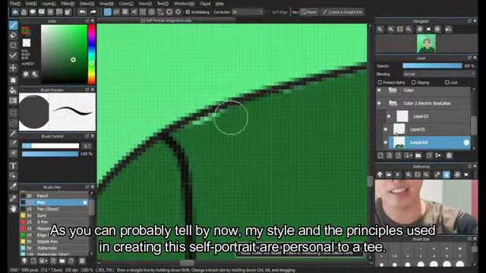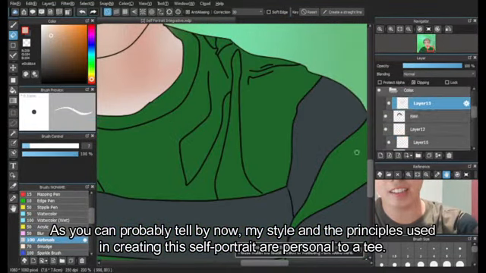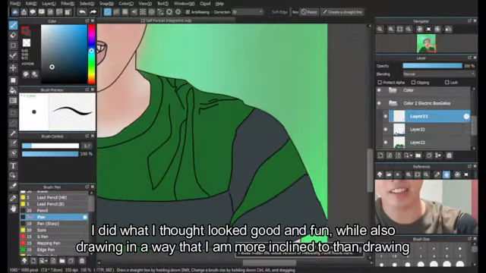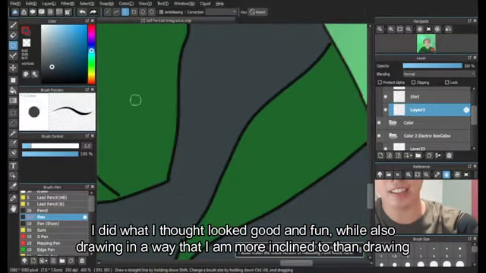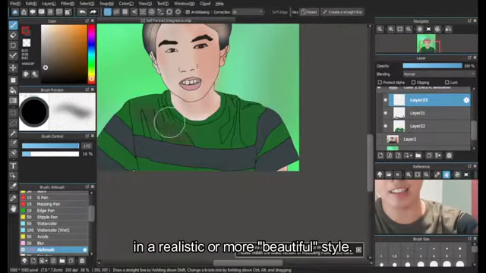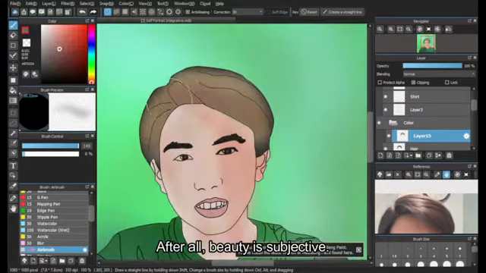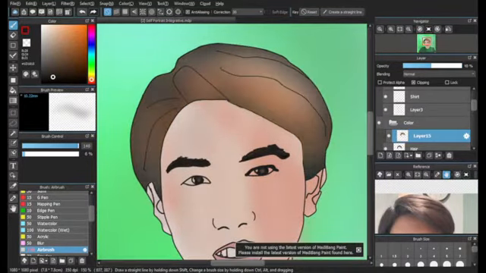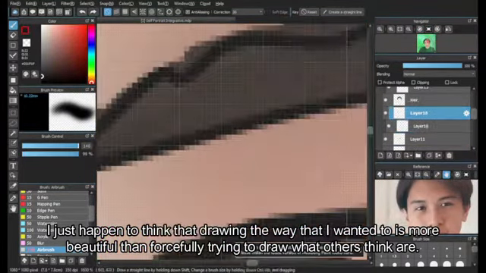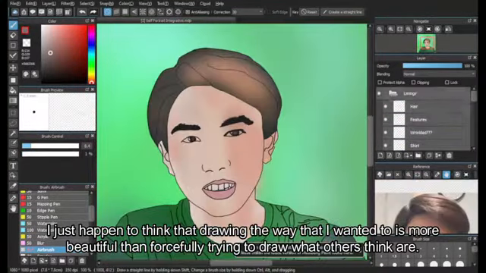As you can probably tell by now, my style and the principles used in creating this self-portrait are personal to a T. I did what I thought looked good and fun, while also drawing in a way that I am more inclined to than drawing in a realistic or more quote-unquote beautiful style. After all, beauty is subjective. I just happen to think that drawing the way that I wanted to is more beautiful than forcefully trying to draw what others think are